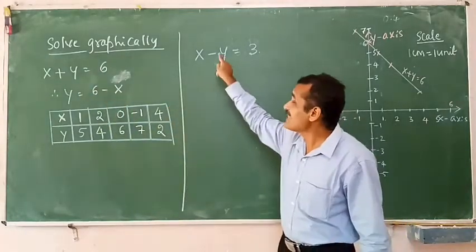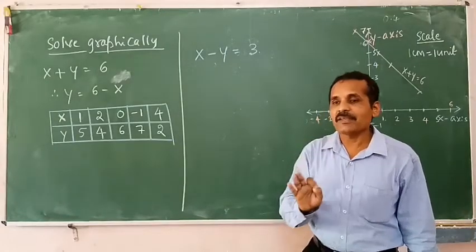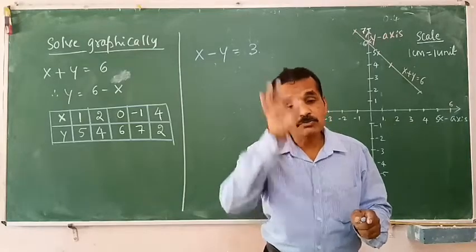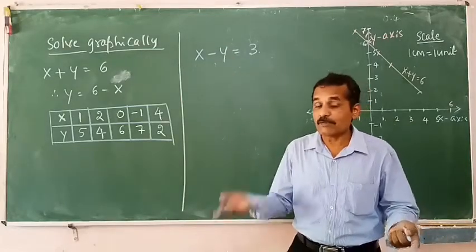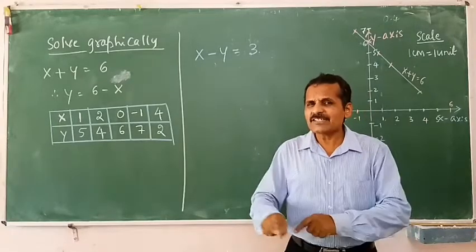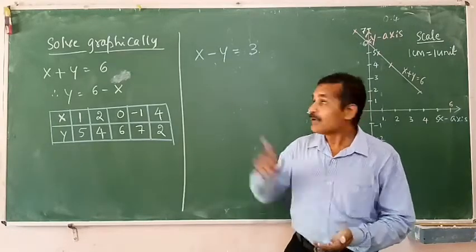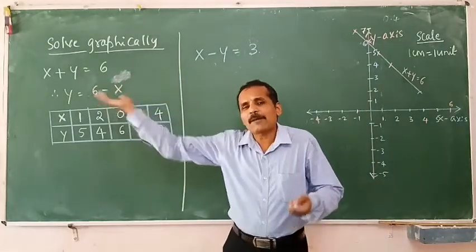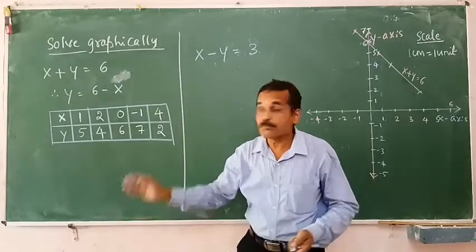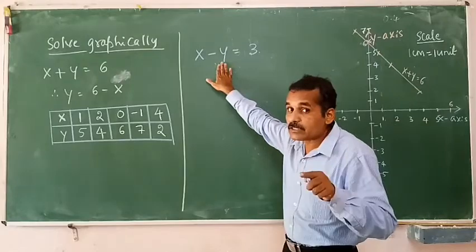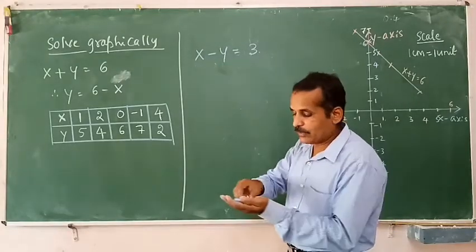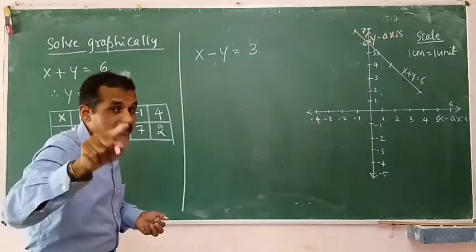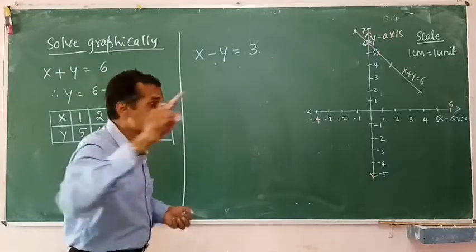But here y is negative. Keep in mind, no doubt y must be in the LHS, but also y must be positive. Both have to be satisfied. How is it possible? Earlier the problem was simple because y was positive. So I kept y in the LHS only and transferred x to the RHS. But here y must be in the LHS and y must be positive also. So what I will do, whenever y is negative, listen, keeping this point in your mind, when y is negative,